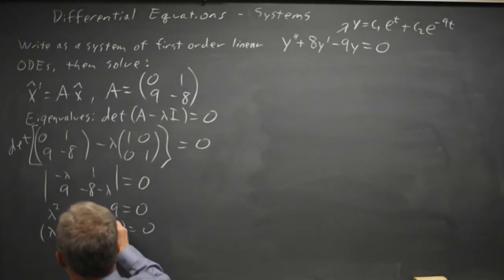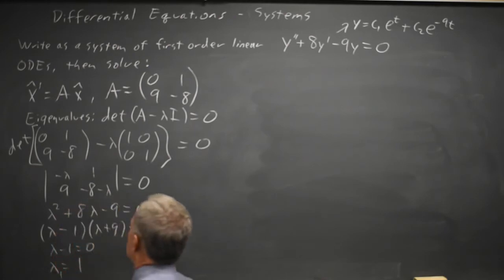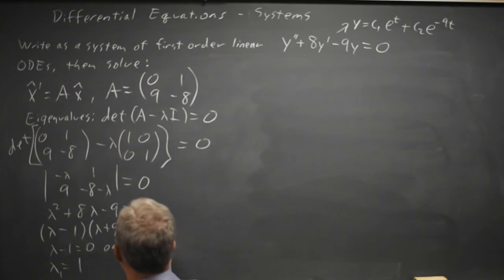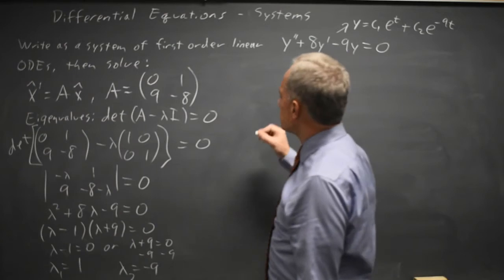The 1 is negative and the 9 is positive, so either lambda minus 1 equals 0, so lambda equals positive 1. I'm going to call that lambda 1. Or lambda plus 9 equals 0. Lambda equals negative 9, and I'm going to call that value lambda 2. Now for our first eigenvalue,